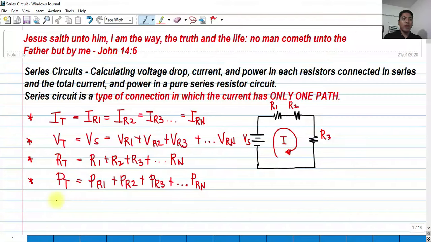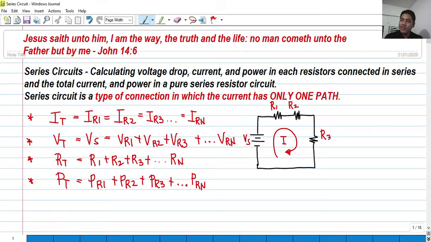Hi, so for today we're going to talk about series circuits, and this is an introduction to how we are going to calculate such parameters: the current, the voltage, the total resistance, and power. In a pure series circuit, let me just start with